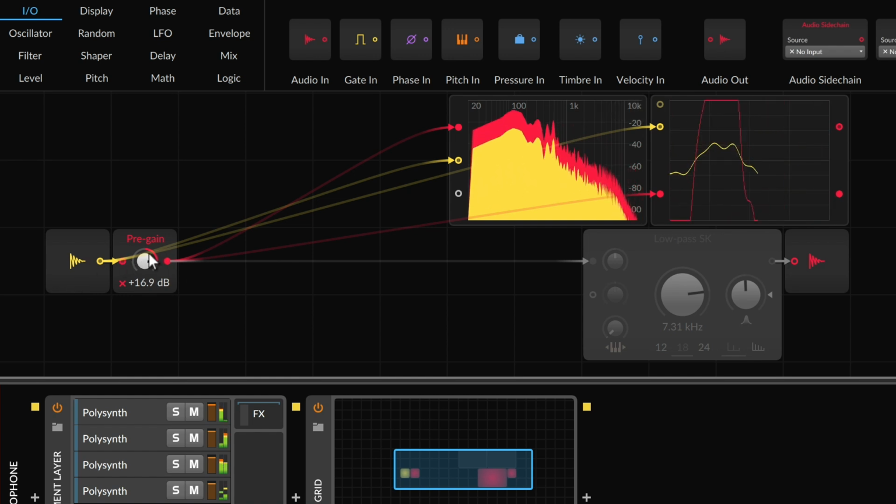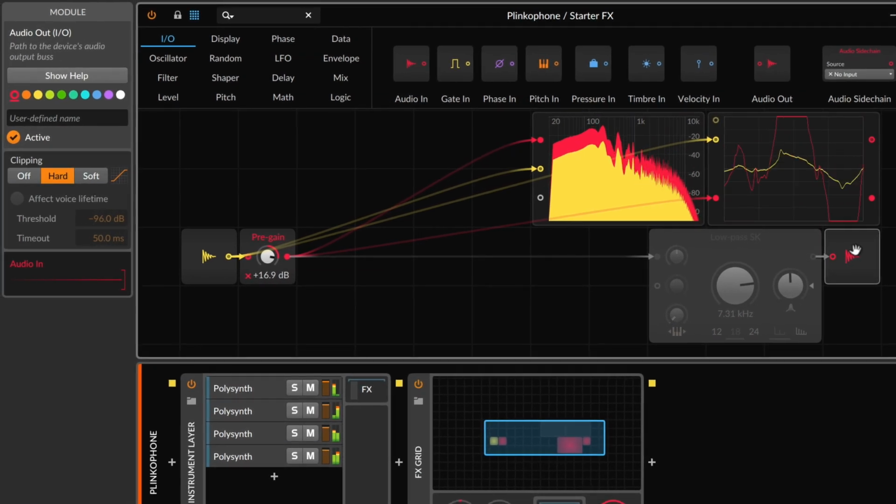Now, why is that? Something we should notice about the audio out module, so this applies to everything in the grid, is that it does have a clipping mode on it to begin with. So when it's set to hard, it's going to pretty much get rid of those signals that are going too high altogether. If it's soft, it tries to do it in a warmer way.